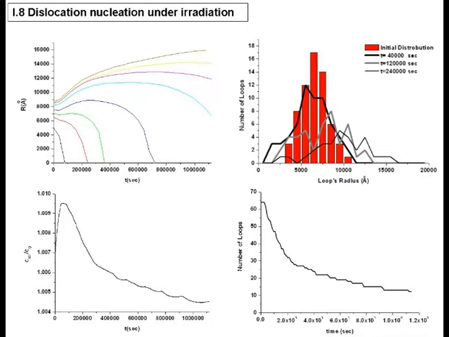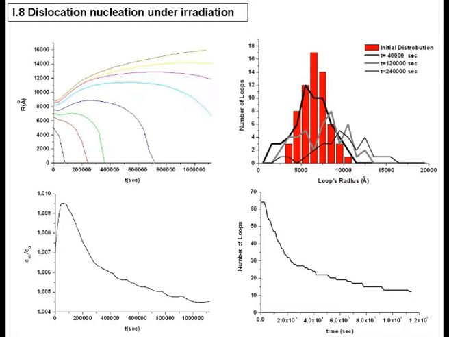And we also have the distribution of the loop radius. So this is all the radius of the different loops, number of loops for a given radius in the box at different times of your simulation. The time is very long, right? It is diffusion. So diffusion is a very slow process. It takes seconds, hours to diffuse.